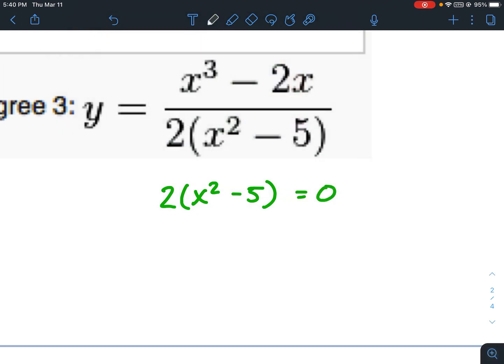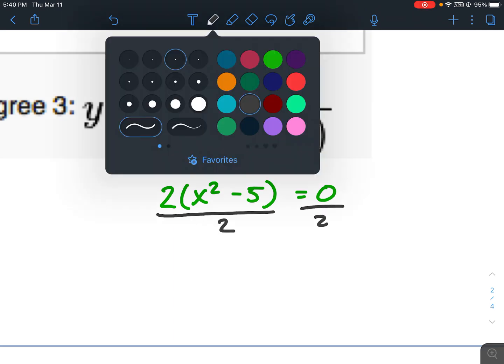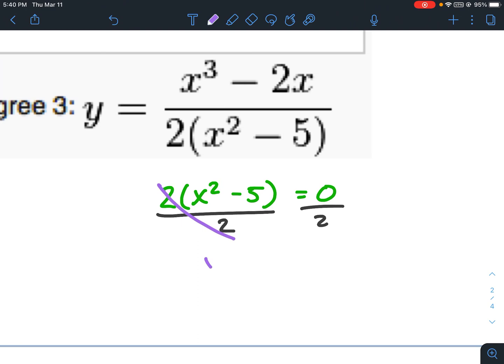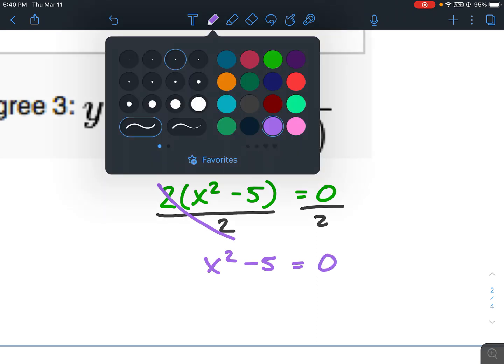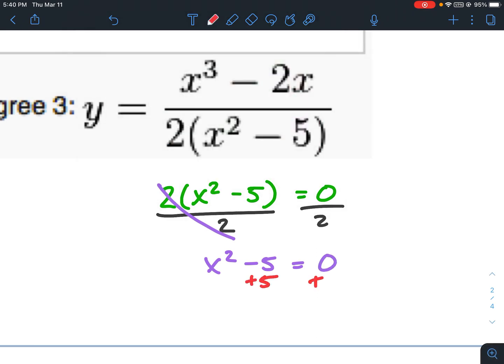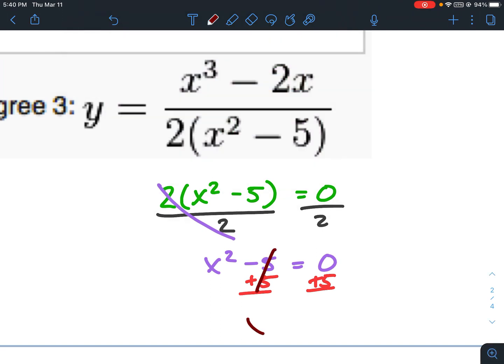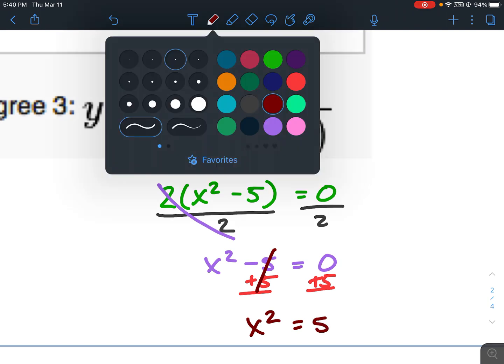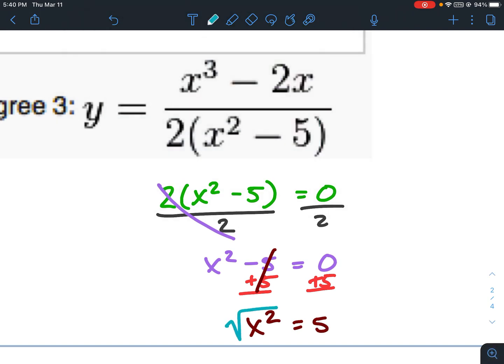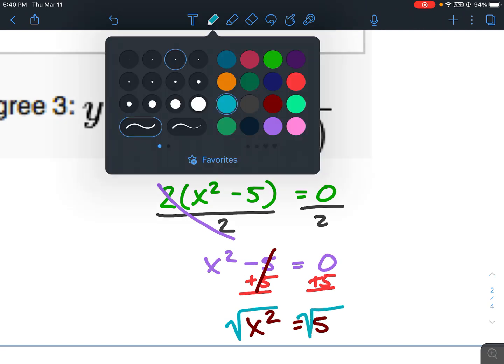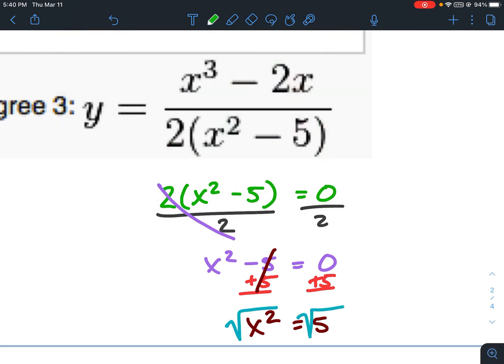So the first thing I'm going to do is divide both sides by 2. I get x squared minus 5 equals 0, divided by 2 would be 0. Add 5 to both sides. x squared equals 5. The opposite of squaring a number is the square root, so I take the square root of both sides. And if you remember,